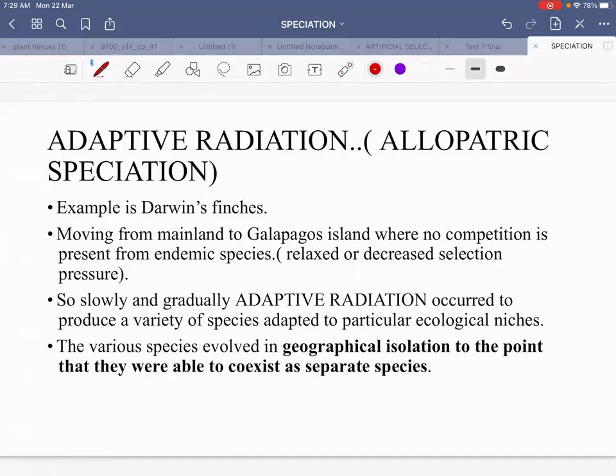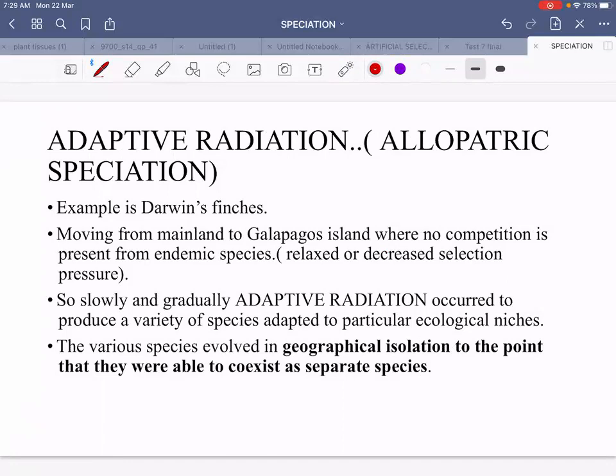The example of Darwin's finches, in which Darwin goes to the Galapagos Islands to study the different kinds of finches, their beak sizes and beak shapes. So he saw that these finches, or these birds, moved from the mainland to the Galapagos Islands. Okay? Now, when they moved from the mainland to the Galapagos Islands, there was no competition present from endemic species. Okay? So the selection pressure was reduced. So slowly and gradually, this allopatric speciation started to occur, in which what Darwin saw was that